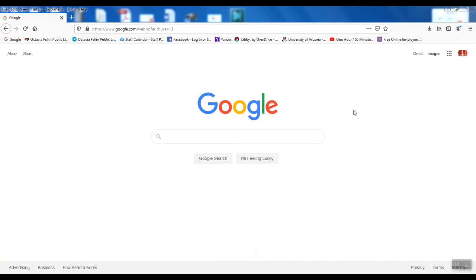First thing you want to do is make sure that you are signed in to your Google account. You can just go to google.com and then sign in, or you can go to your Gmail, whatever is easier for you. Once you're signed in, either just straight to your email or on the Google screen like I am,